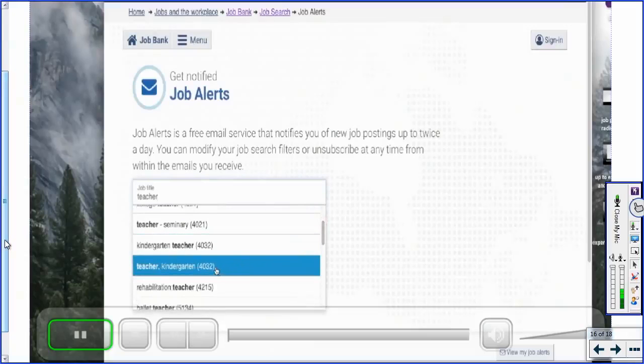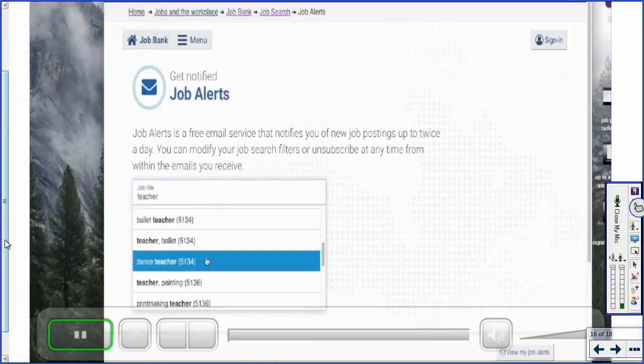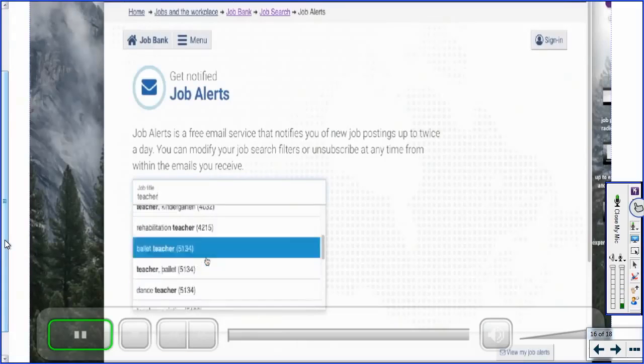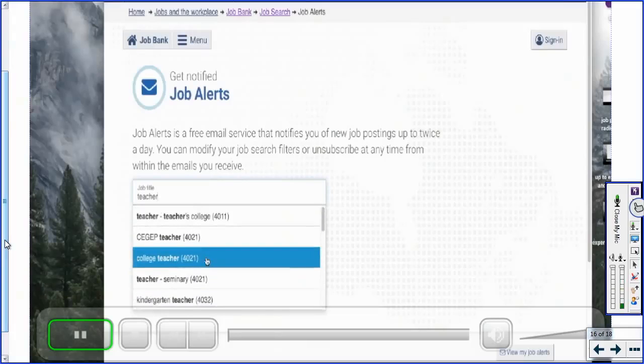And you can see that there are numbers after them, and that's because there's a number for each different job category, we'll say. And so you need to pick something specific. So you need to go into this having an idea of the type of work that you're looking for. So let's just say, for example, that I choose college teacher here.